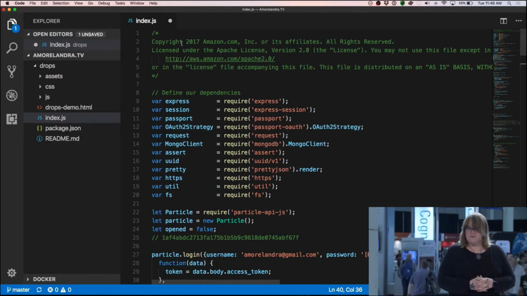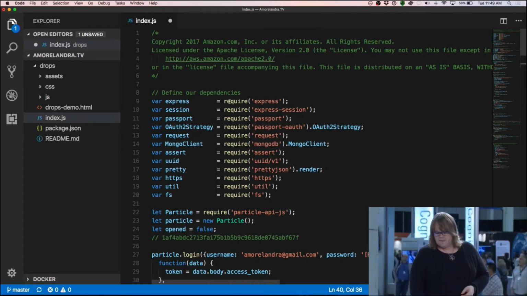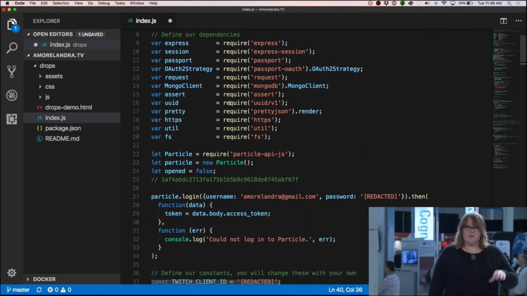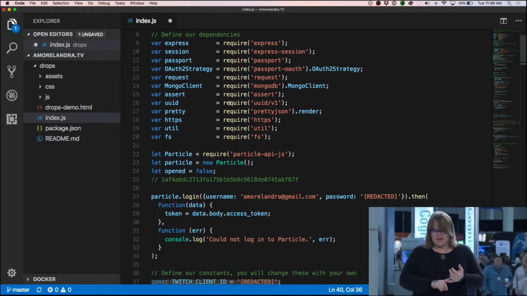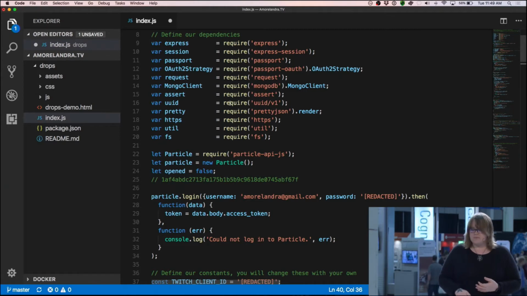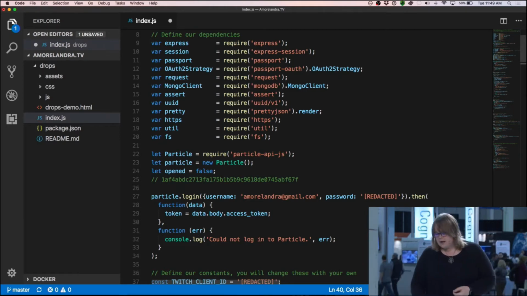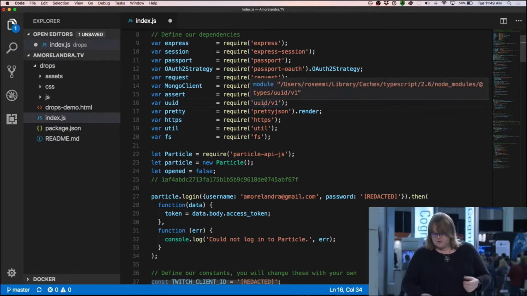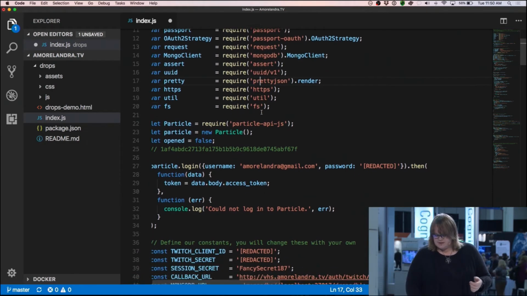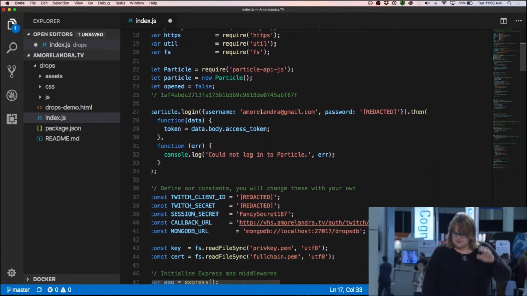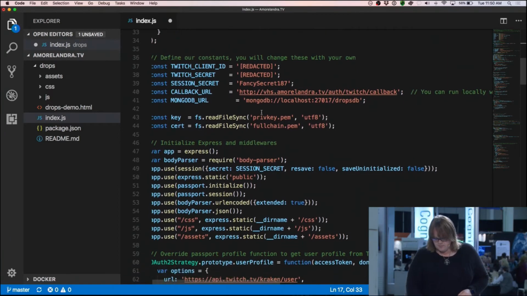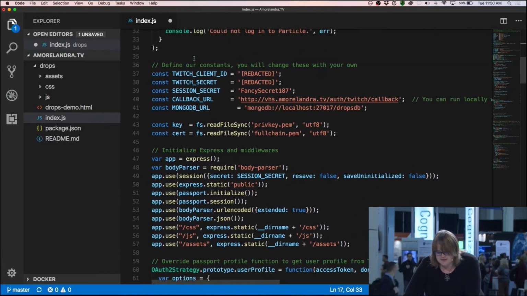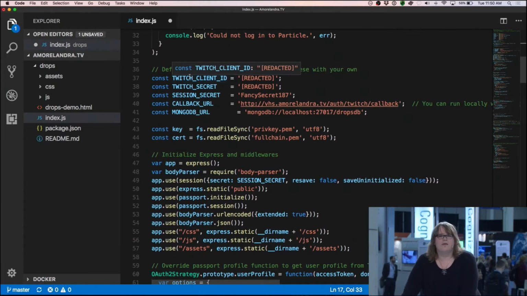So here's what I have here. I've got some Node code. I'm going to skip through a lot of the basic require stuff. I'm getting an HTTP server set up, some session management, an OAuth library, and then some other fun tools for generating unique user IDs and rendering JSON. Basically, you're creating an OAuth application.